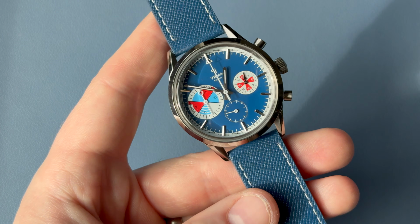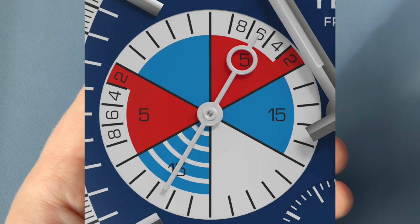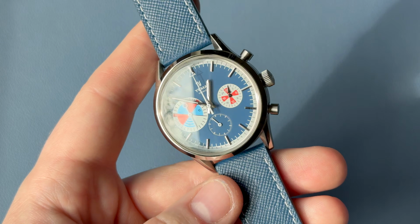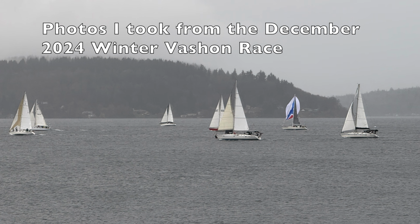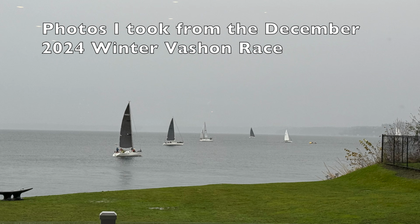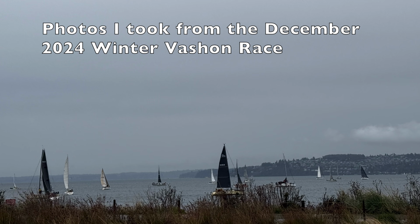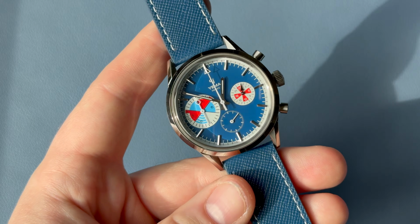The 9 o'clock subdial has this big oversized register for the countdown timer. That's for regatta races, and that goes all the way back to the 1960s and why this watch came out in the first place. I suppose the idea is that boats are always moving, and so to cross the line at the same time when they're supposed to when the race starts, you have to have some kind of countdown timer to make sure you cross that line at the appropriate time, and hence the Yachtingraf yacht timer or regatta